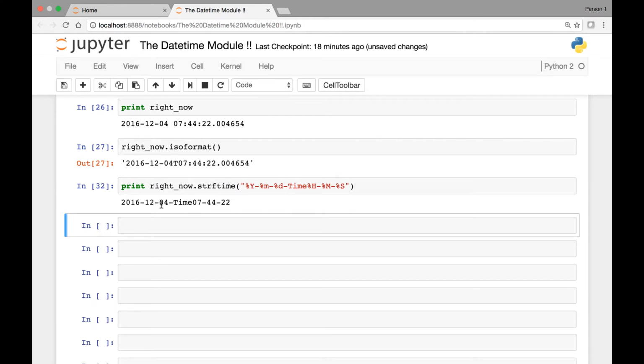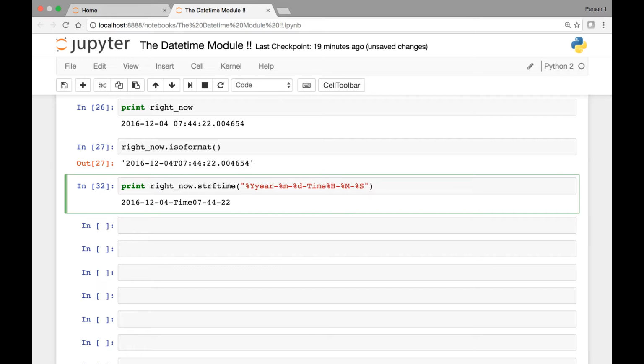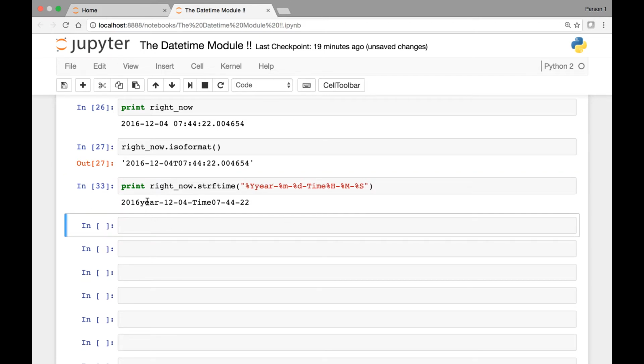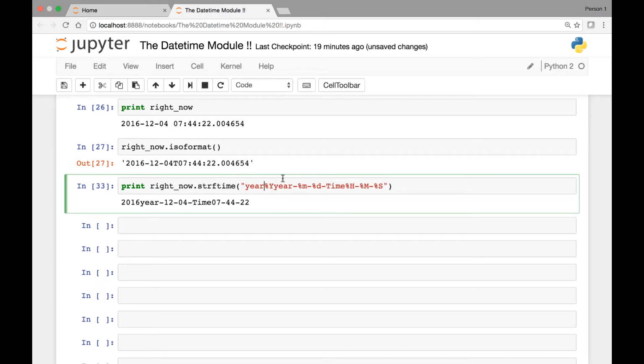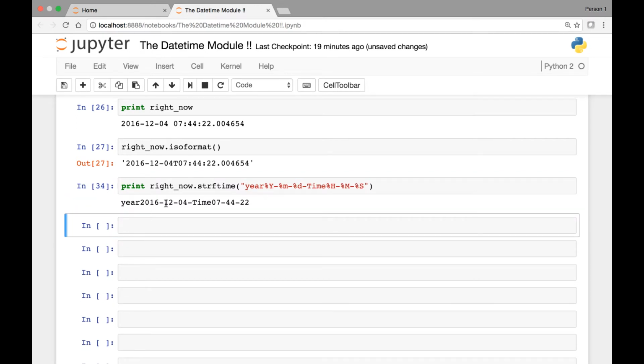2016 December 4th, and time is 7:44 and then 22. And if we want, we can add some things like here. I can add after percentage y, I can say year and print it. So we have year 2016, or you can write it before percentage y. Okay, so year 2016. So these are some of the things that you can play around with,